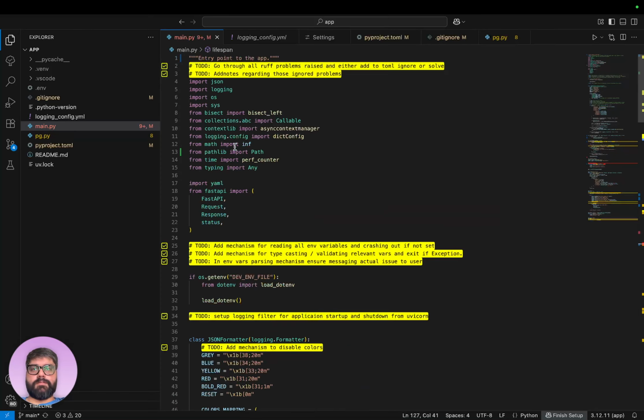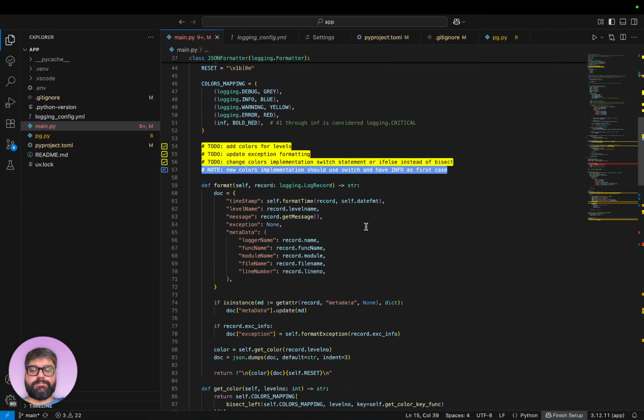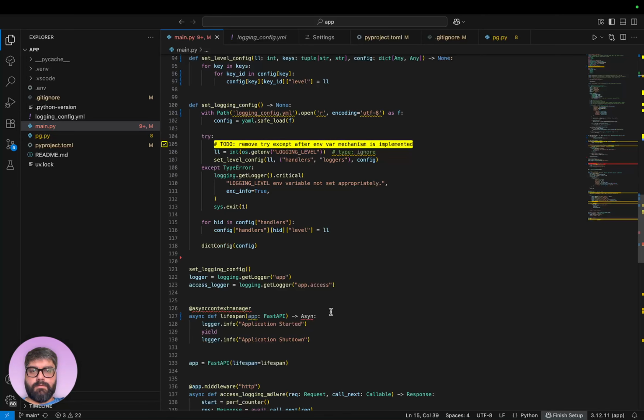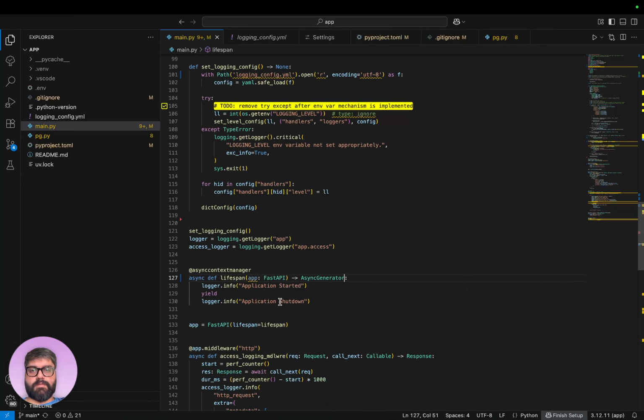I have to actually import async generator from typing, so I'll just do that. Async generator. Okay, that should fix it.